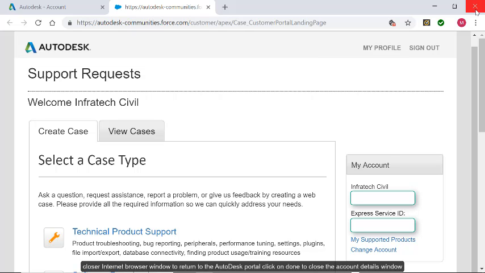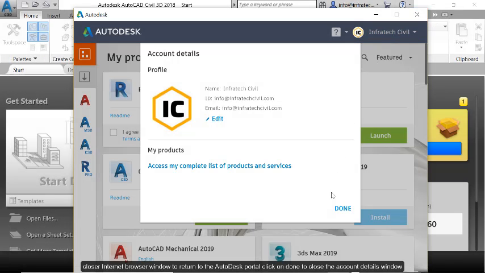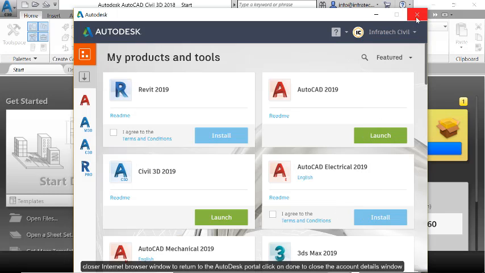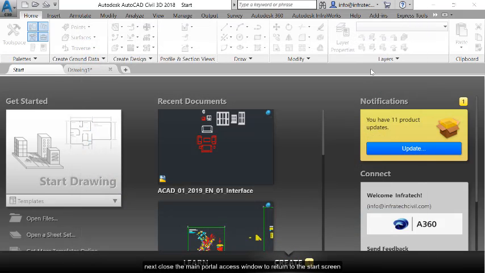Then, close your internet browser window to return to the Autodesk portal. Click on Done to close the Account Details window. Next, close the main portal access window to return to the Start screen. This concludes the section on the Start screen. Next, we will start exploring in more detail the Civil 3D interface, the working environment,